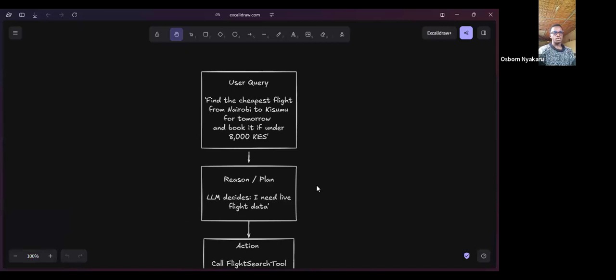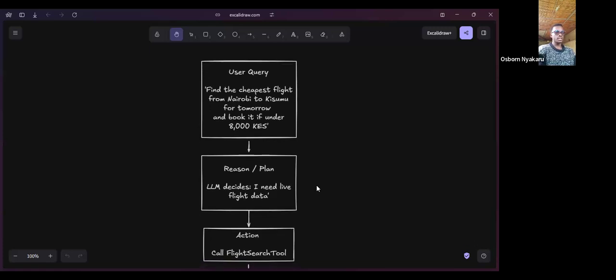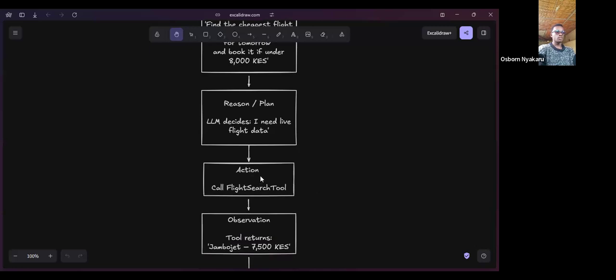So a large language model now reasons and acts. First it reasons, decides on what it's supposed to do and what tools it should call, and from that it calls that particular tool. In the action step, it calls the flight search tool.